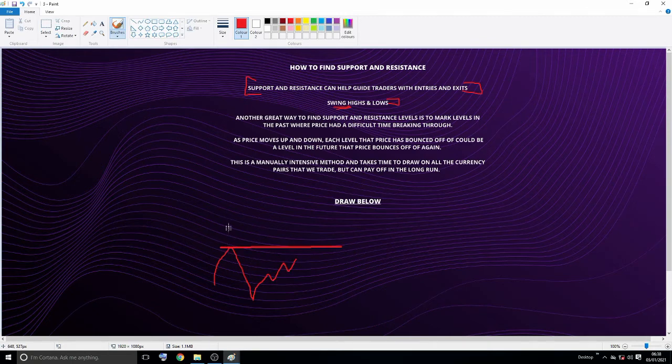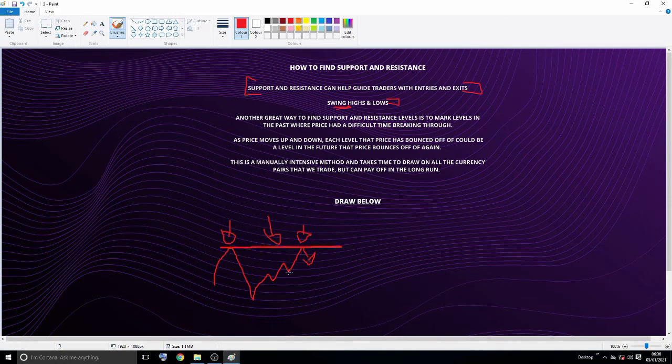You know that previously the price couldn't break this level. That's why I'm saying another great way to find support and resistance level is to mark levels in the past where price has a difficult time breaking through. Now you remember that the price couldn't break this level, it just came and dropped here, and now it's approaching this level again. This is where you can start looking for selling opportunities because the price is approaching the previous